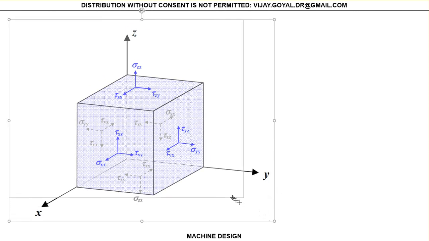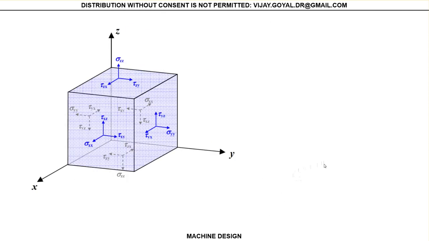So if I was going to just look at my cube, let's say I see it from this side, right? I see it from my x. I can see that my cube actually looks like a square, okay? Where I say that this is my z direction, this is my x direction, and the stresses that you see there then would be